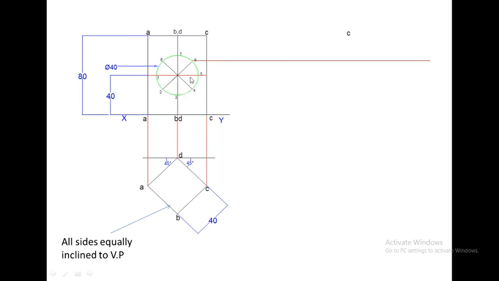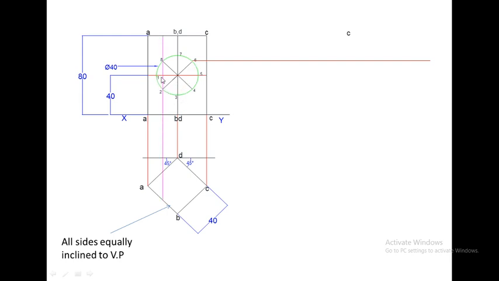Now you can see only points 7 and 3 are lying on vertical edges BB and DD. Means these are the points where the vertical edges are cut by the circular hole. Whereas these points, that is 1, 2, 4, 5, 6 and 8, are not lying on any of the vertical edges. So we have to draw imaginary vertical edges through these division points. Now we will draw the vertical edges one by one passing through these points.